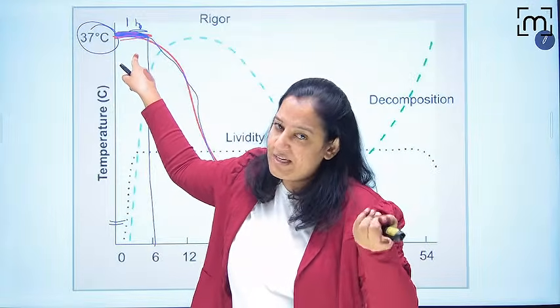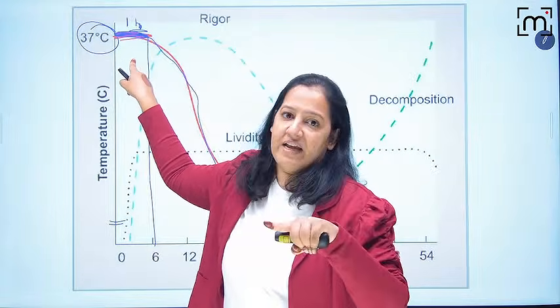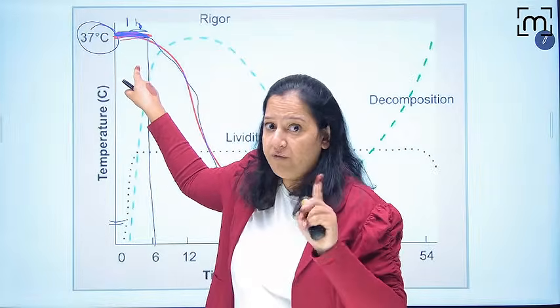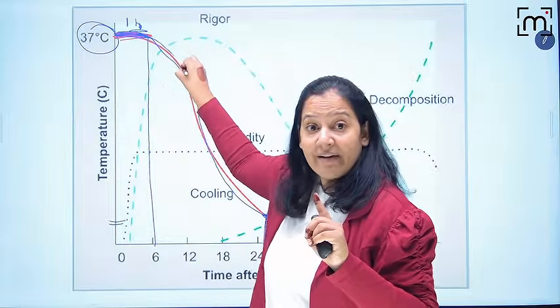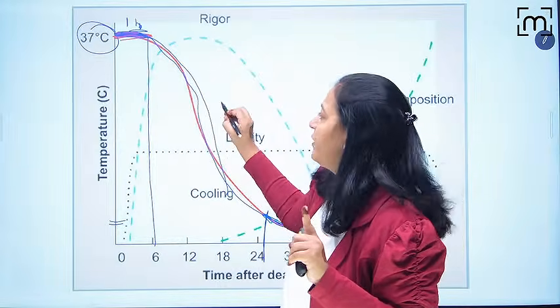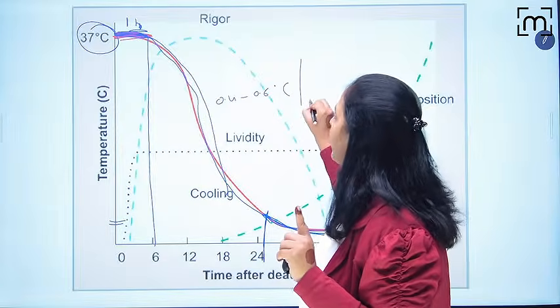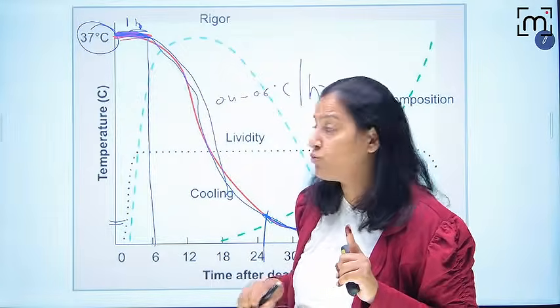On one hand, the body is losing temperature. On the other hand, the body is generating heat. You know the reason for the generation, and they cancel each other for half to 1 hour. After that, there is a linear fall. What is the rate of this fall? Say 0.4 to 0.6 degrees Celsius per hour